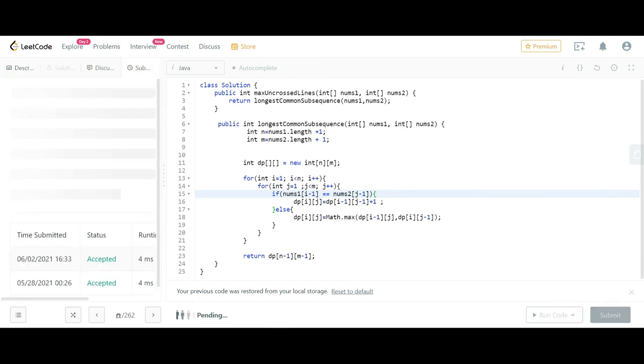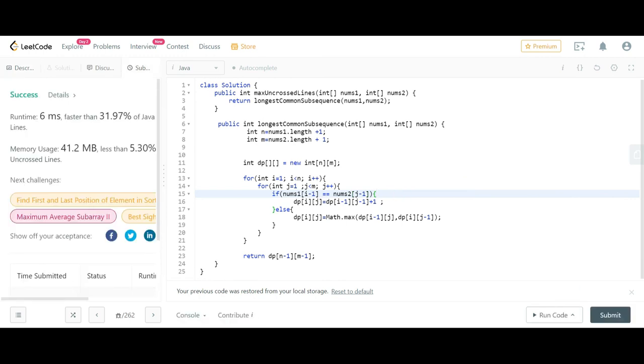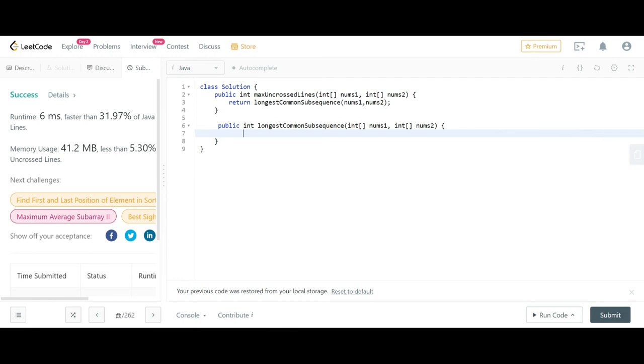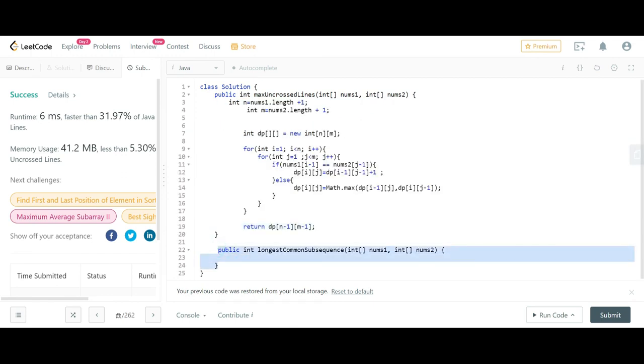If we submit this solution, it is working, right? Now we can do one thing. Maybe the whole solution we can paste there, and we can remove this. Okay, and if we run now, it is working.